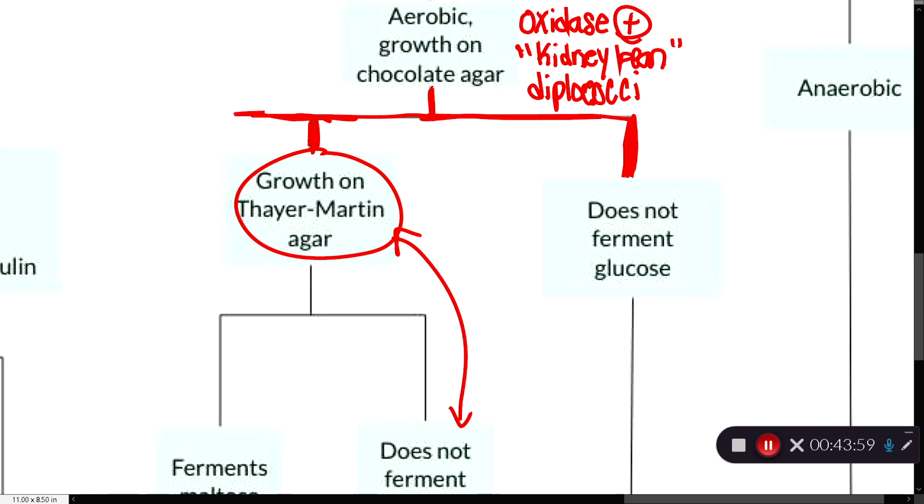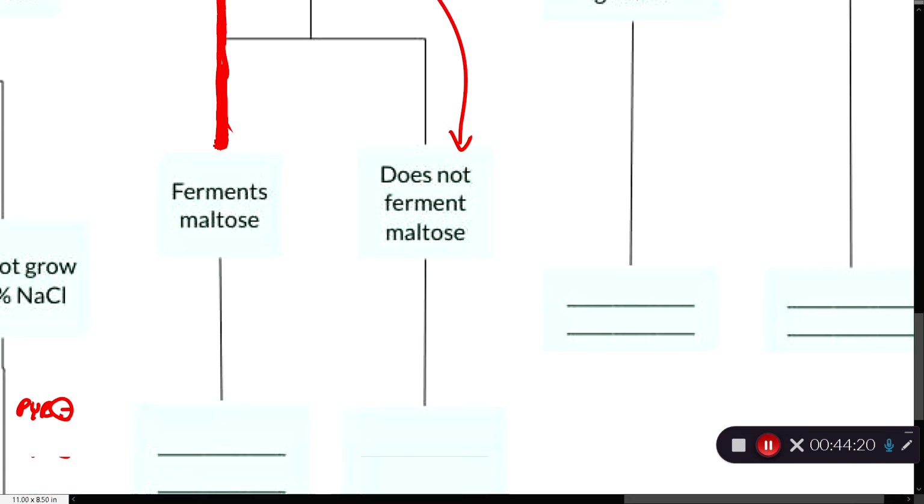And like this is just more like 1, 2, 3. So the first one we're going to talk about will grow on chocolate agar, but Thayer Martin is specific to the second one we will talk about. But for the first one, if it's an aerobe that grows on chocolate agar,